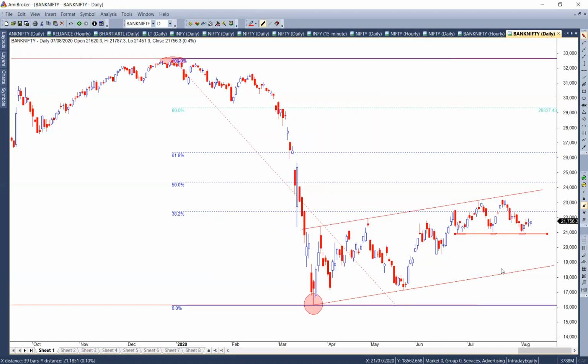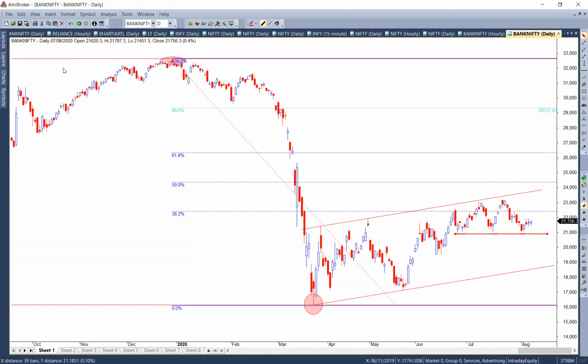Simple. Now, once I have these on the chart, simple indicators in a very simple way. Trend lines, channel, Fibo. How did I connect the Fibo? Took the top, took the lowest point. I got three different levels. These three levels are the most important ones that you can keep in mind.